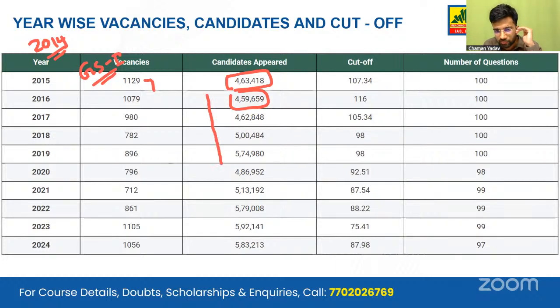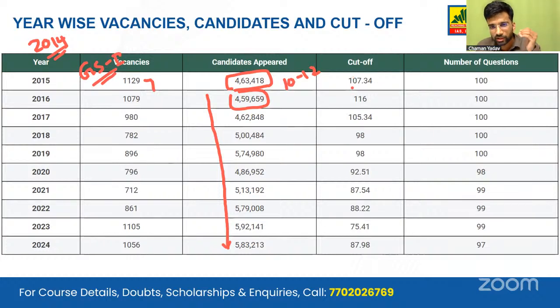So there is a progressive increase, I would say, in the number of candidates appearing for the prelims examination. Please note that these are the candidates who are appearing for the examination and not the candidates who have filled the form. Around every year, 10 to 12 lakh candidates fill the form, but out of these, less than 50%, I would say, appear in the prelims examination. And the cutoff has been fluctuating over the past few years.